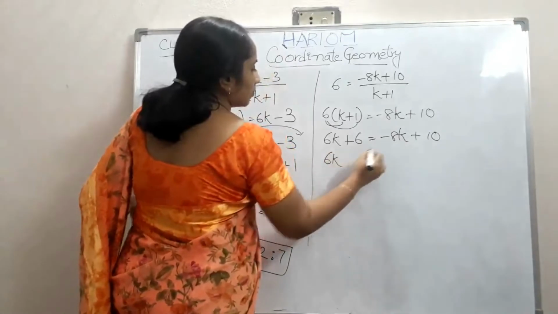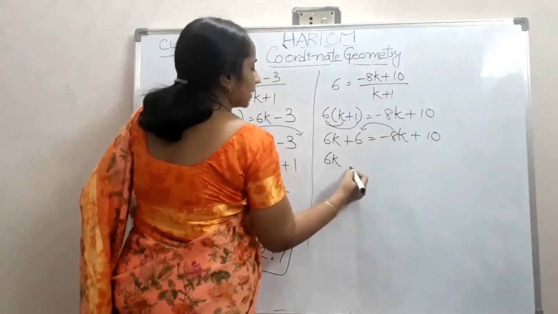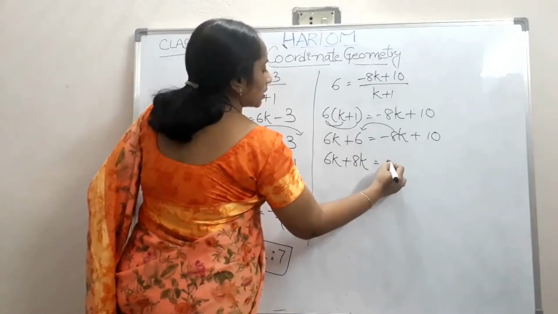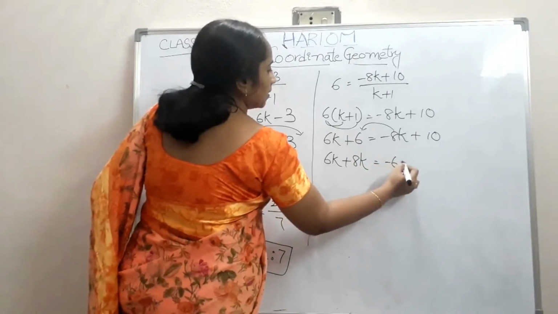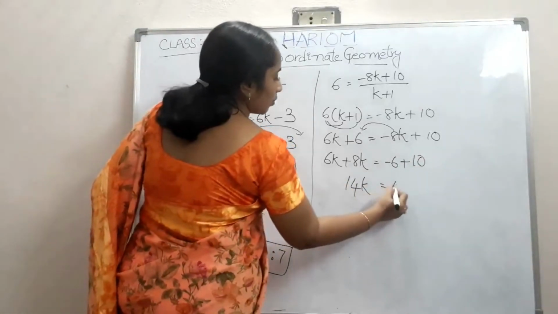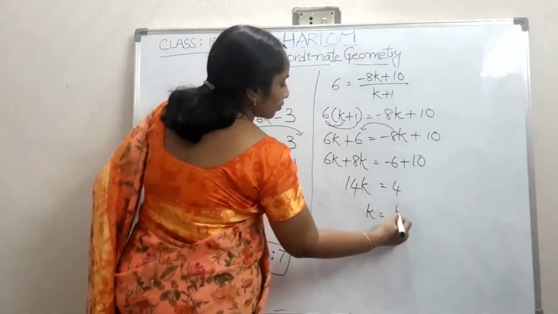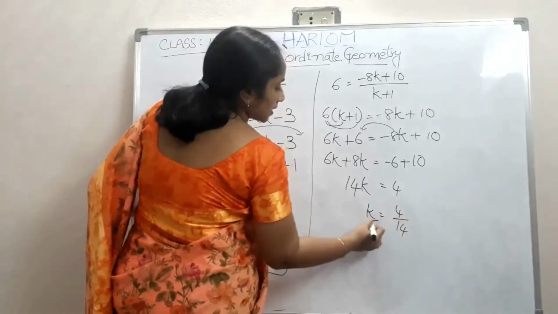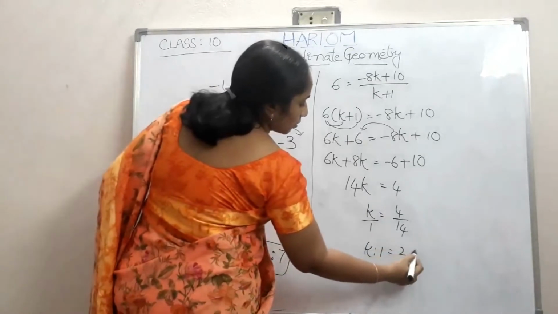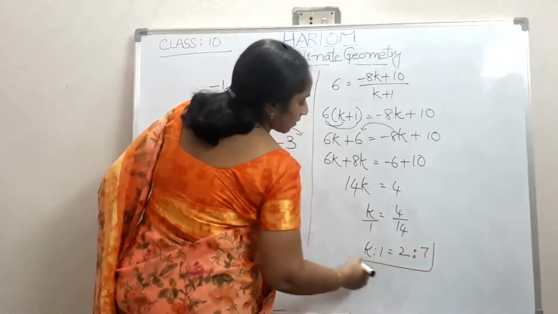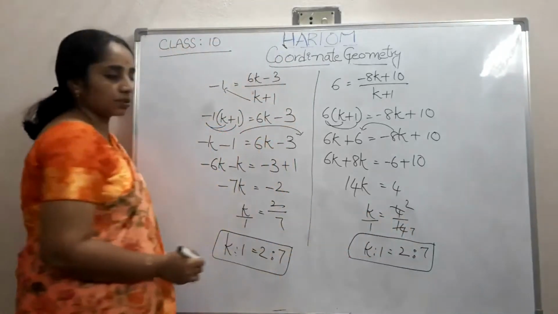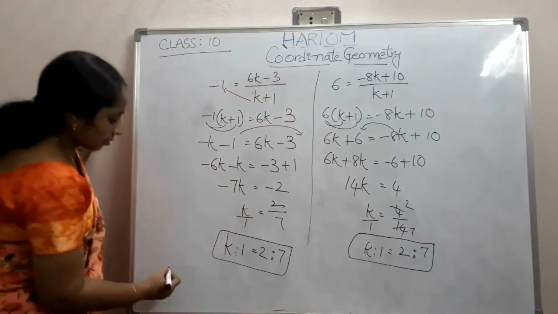Now take all k terms to one side: 6k + 8k is equal to -6 + 10. It is 14k is equal to 4. k is equal to 4 by 14, which is nothing but k by 1. Now k is to 1 is equal to 2 is to 7. Hence we conclude that